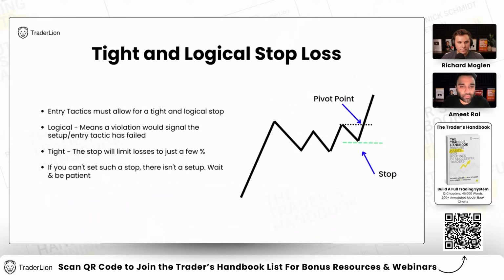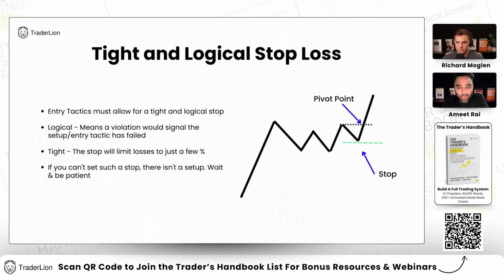Yeah, the more that you do this, the more success you will see. One thing that Ross has taught us, like Richard said, is that a setup is a culmination of a few things coming together for you to define risk at the end of the day. Yep. And if you can't do that, then it's not a setup or a pattern or anything, right? Any trading pattern or any formation on the charts gets a name because you can define a stop loss along with the entry. But you know, the pivot point as well.